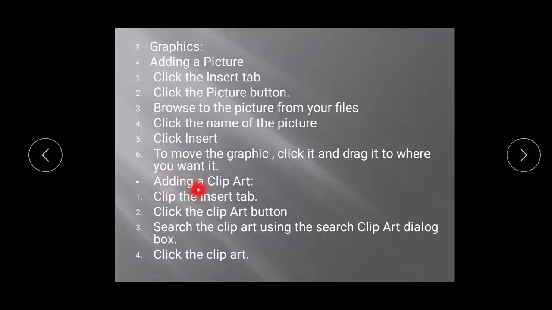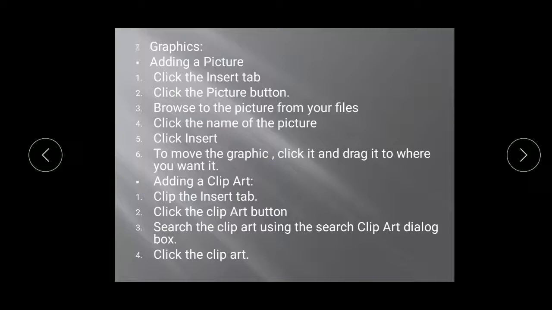Next is adding clip art. First was adding a picture, that is a normal graphic. Now I want clip art, that is a moving, downloaded animated picture. To add that, again I have the Insert tab, and I have a Clip Art button. Previously it was the Picture button, now it is the Clip Art button.